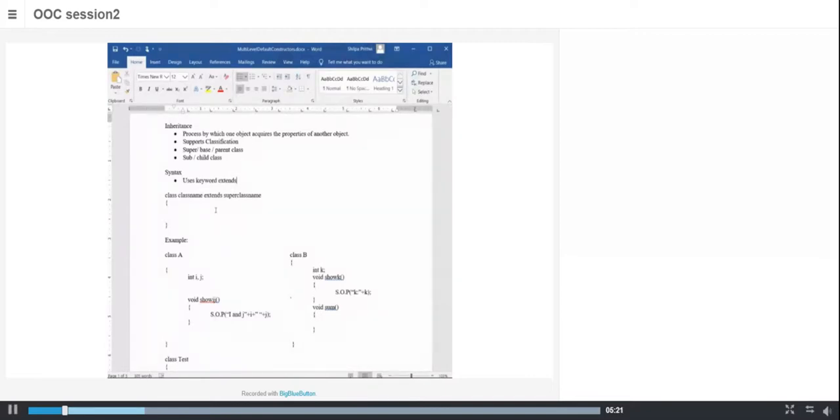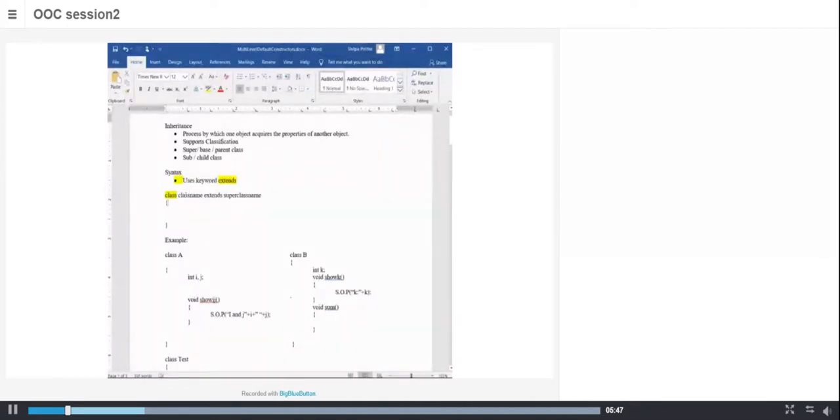So now we are dealing with Java. In Java, inheritance is supported through the keyword extends. So there is the keyword extends which supports the concept of inheritance. The general syntax is you have class and a class name. Class is a keyword here.